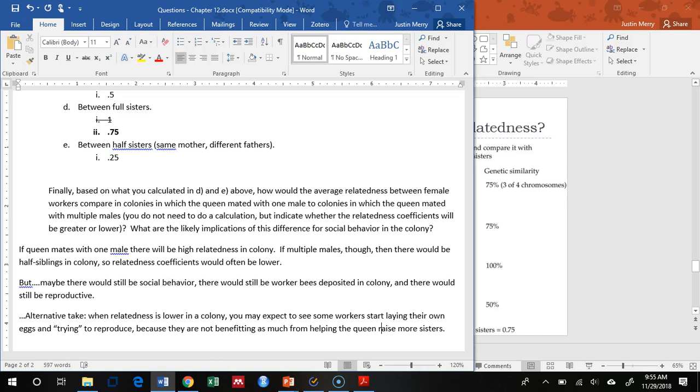Once you're already eusocial, there's an argument you kind of go over a cliff. At that point, it's really hard because you have these strict developmental pathways and such. It can be really hard to revert from that eusocial behavior. So there's an argument that it's difficult to find examples where we think the ancestral group of a species was eusocial and they have lost that trait. In fact, I'm not aware of a case where we found an example of that. It seems to be something where once you commit into becoming eusocial and you really start to have sterile workers and caste differences, it can be very difficult to undo that.